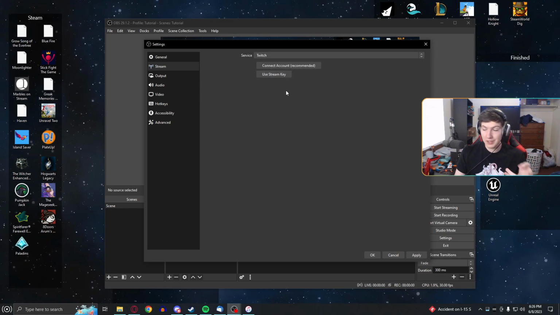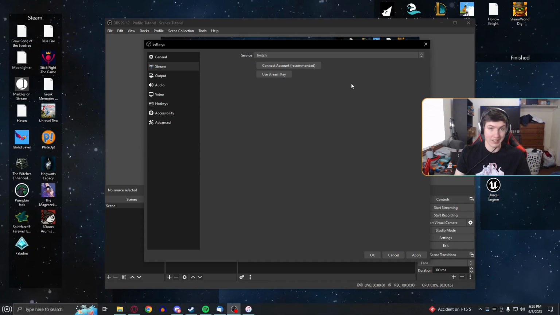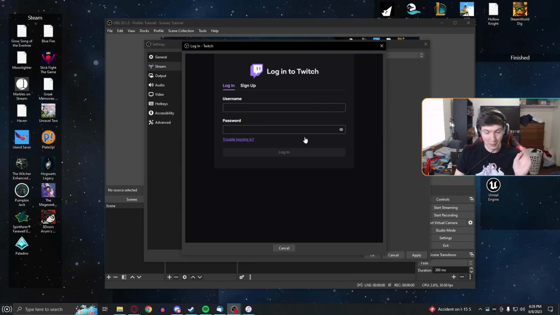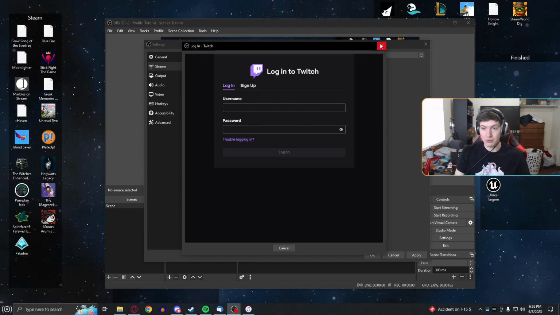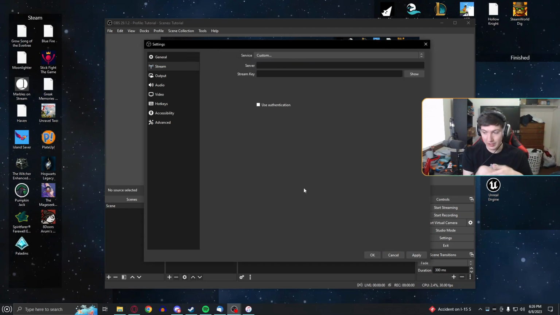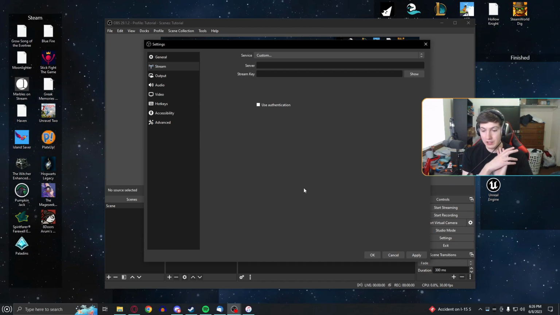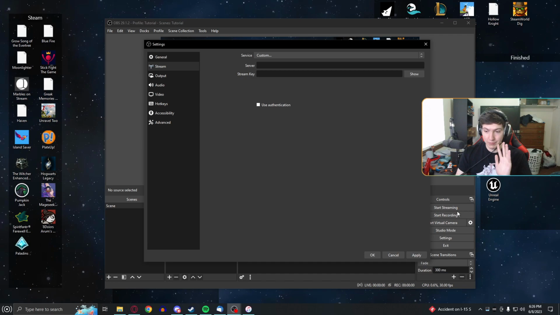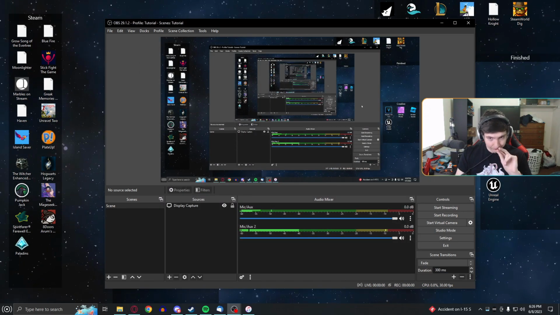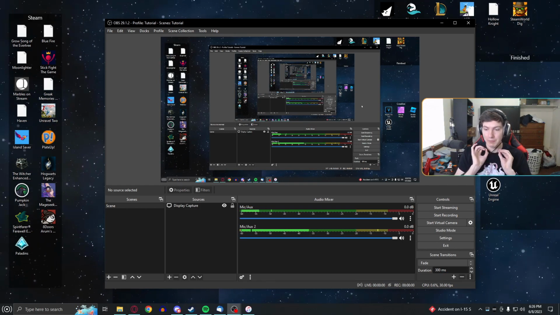You can use a stream key, which you can find on your Twitch. It's recommended, obviously here, to just connect your account. You'll click this, it'll pop up a window. It'll be like, hey, give us your username and password. Bada bing, bada boom. That's done. So then you log in. Sometimes you'll have the two-step authentication, whatever the case may be there. You're done with that. You can start pressing stream. Like you can press the start stream button. So that is, as I said, the most basic